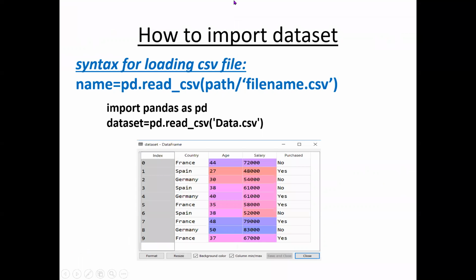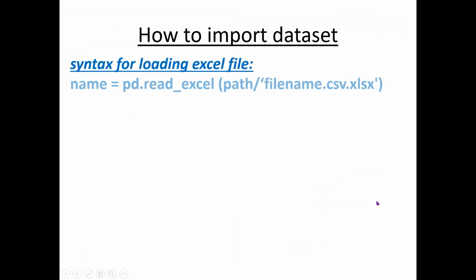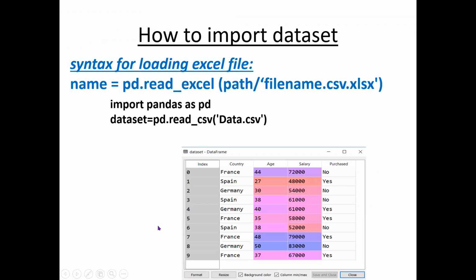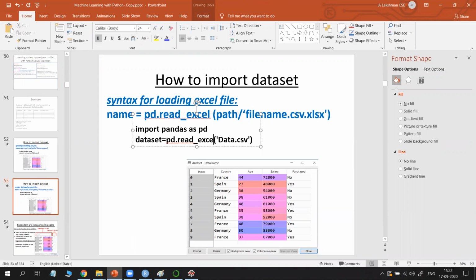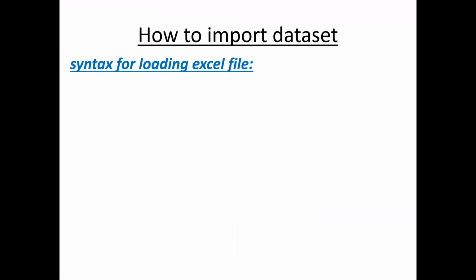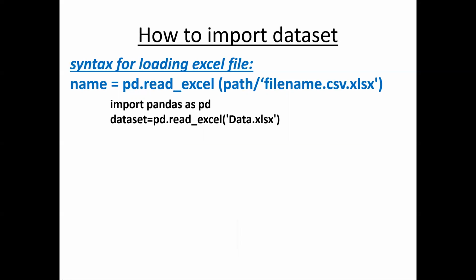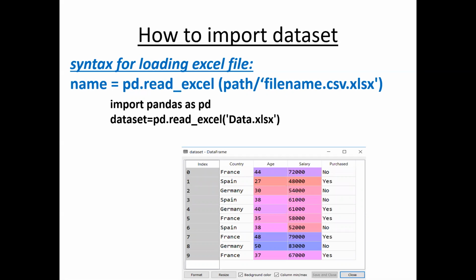So this is the syntax for loading your CSV file. For example, if you are having an Excel file, you use the syntax read underscore Excel. See, in the place of CSV, we are using an Excel file. If your file has the extension XLSX, what is XLSX? It is nothing but an Excel file with XLSX format. Of course, if there is a file with XLSX format, you can save it as a .csv file. That's not a problem. But if you want to load the file directly, just use read underscore Excel. Okay. So then your Excel file is also loaded in a similar way.